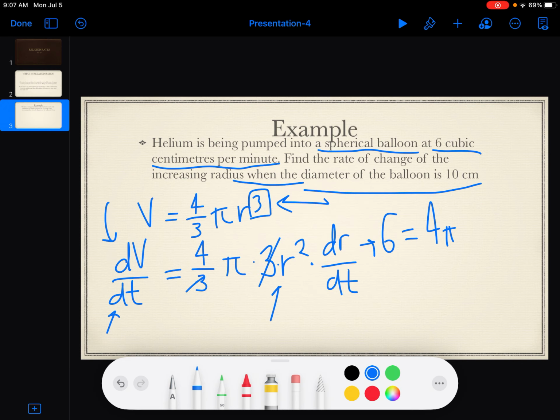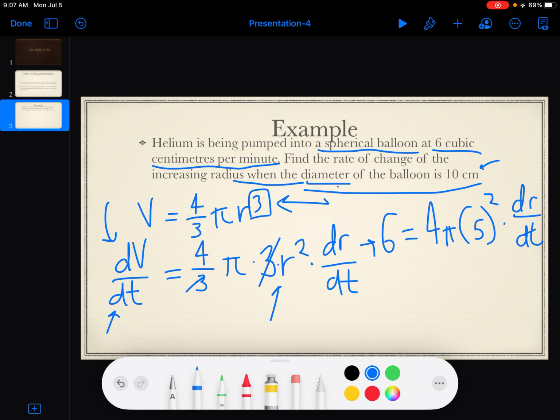Don't get caught up. When people are in a rush, they miss small things, and that is we're given the diameter of the balloon. So what would be the radius? The radius would be half the diameter, so it'd be 5 squared. And then times dr by dt, that is what we're looking for, the change in the radius with respect to